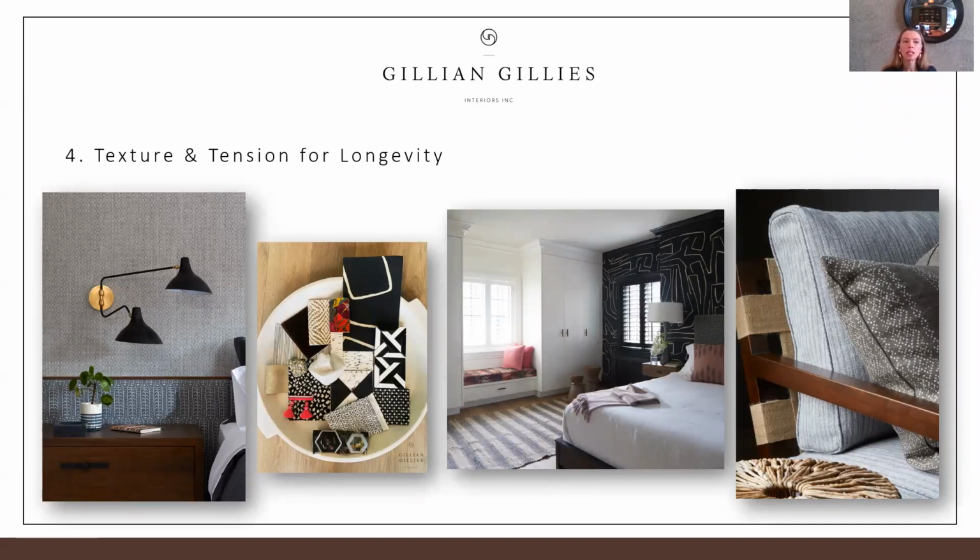Fourthly, we like a lot of texture and tension for longevity, and this will really help your home avoid being dated. I talk about tension quite a lot with my clients. We deliberately have things in a space that do not perfectly match, and that can be hard to understand. We're designers, we're known for our taste, but we're picking things that don't perfectly match. If everything in a space perfectly matches, it can look really bland, and it will all date at exactly the same time. Whereas if you have things that are a little bit mismatched, it adds character,